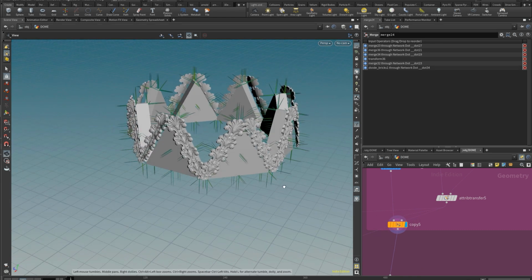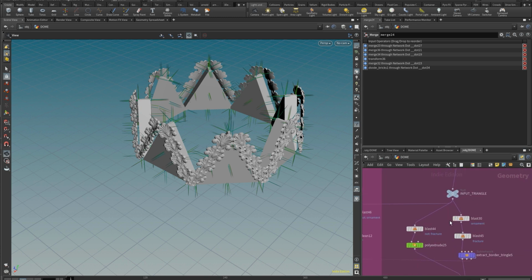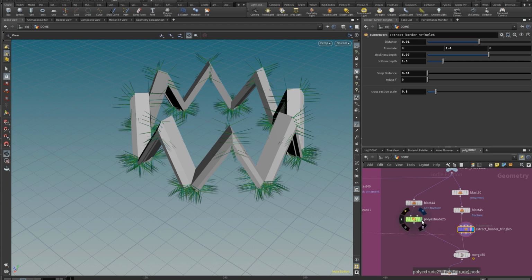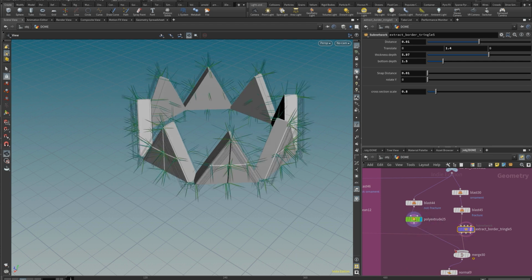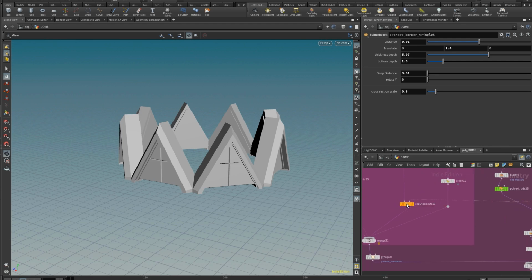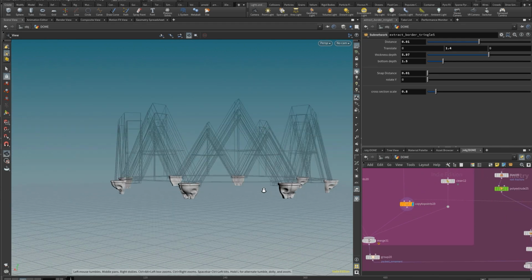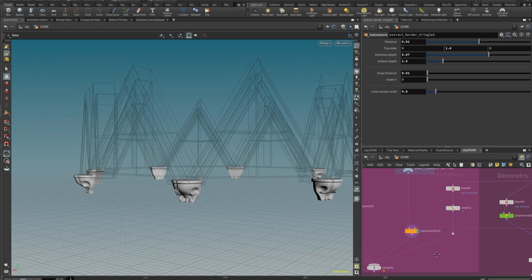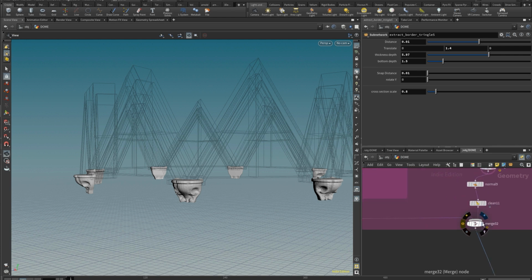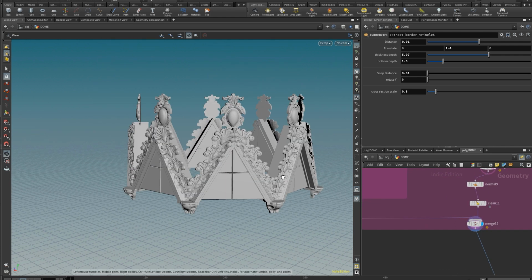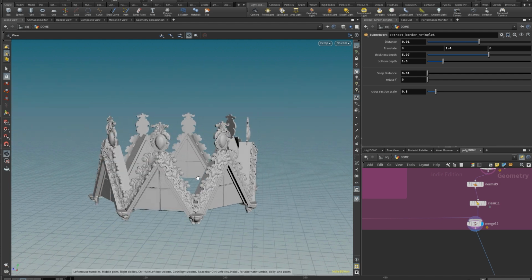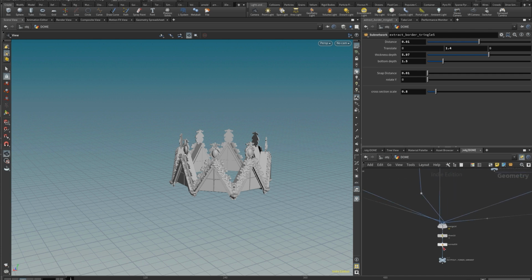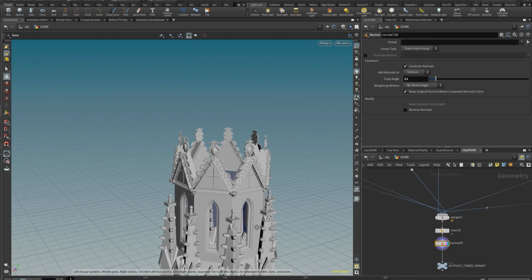Those ornament details were already pre-modeled, so I didn't have to worry about doing that procedurally. There are still some things that make sense to do in a procedural way, such as the placement. Let's say this guy, I'm just copying to point and orienting properly to get the proper placement. Just in between those triangles, it helps transition the whole thing and makes it more natural, I guess. So, what do we got here now? I think that's pretty much it for this part.